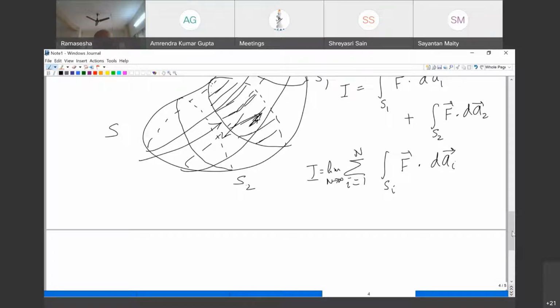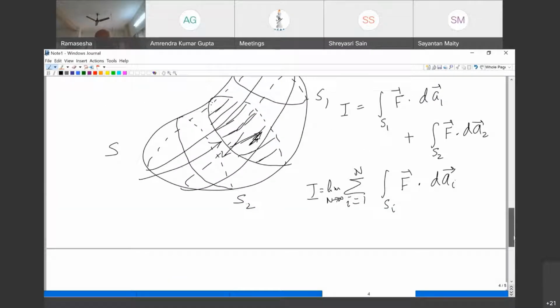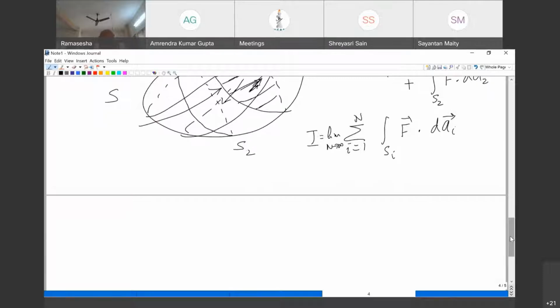Is it clear? All I have done is subdivide it, and on the distinct surfaces within the outer surface S, there is a cancellation of the flow from one region of the surface to another. So the interior surfaces don't contribute to the integral. Is it clear? Yes, sir. Any questions, you can ask me. So dA is the area vector of the surface Si.